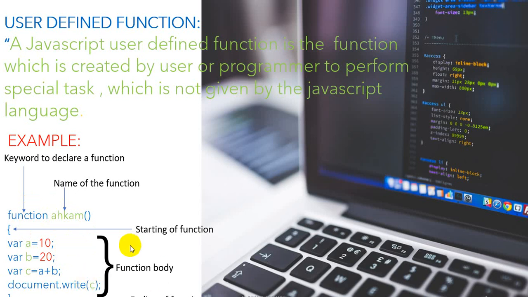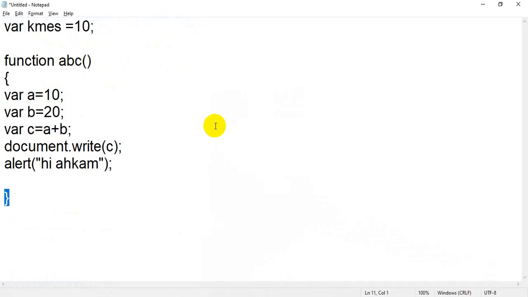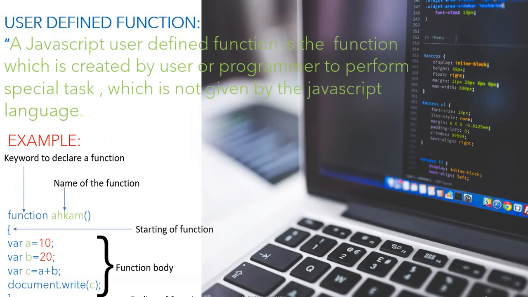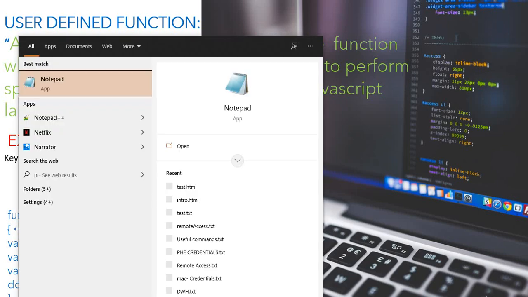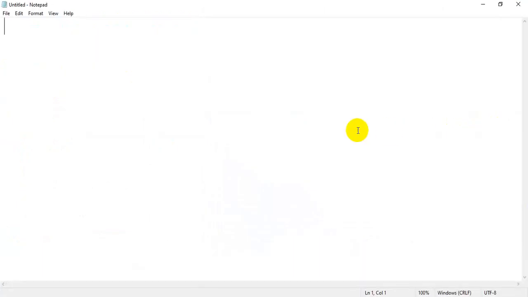Okay, so let me show in coding how it will perform inside our JavaScript programming. I am going to create a simple HTML page, then I will use all these things. So let me go back to the Notepad application. Here I will write a simple HTML page, and inside that I will write JavaScript. The first line is doctype because I am going to insert HTML5. So my first tag will be HTML and my last tag will be closing HTML.